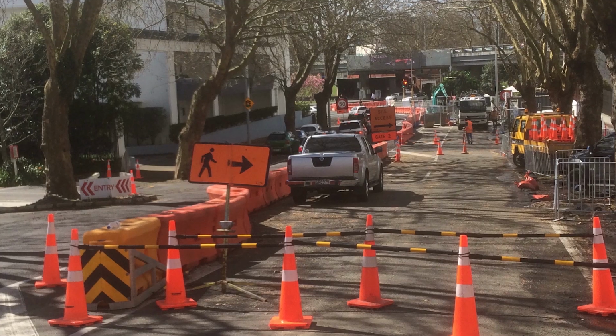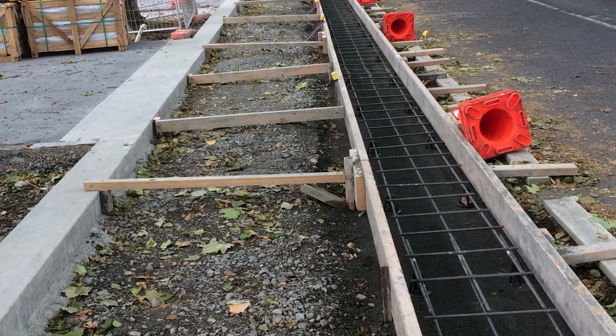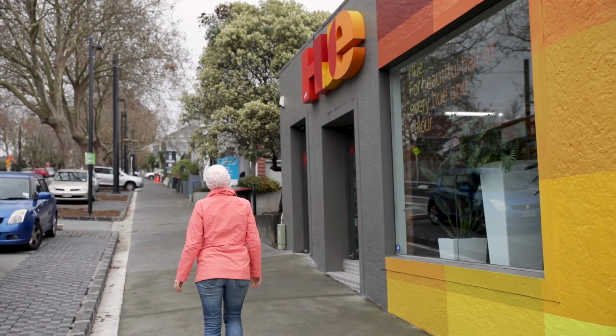The road's a very old one. There's ancient infrastructure under the road that needed upgrading. There's a sewer separation task that was undertaken as well. We had problems with the footpaths. They were damaged by the roots of the trees, and it's one that attracts a lot of people around the light show at Christmas time as well. So it was really, really important that we upgraded it from a safety perspective, but also from making Auckland a